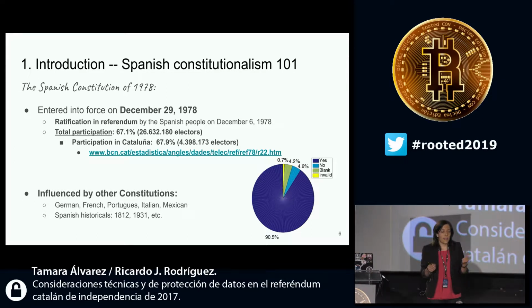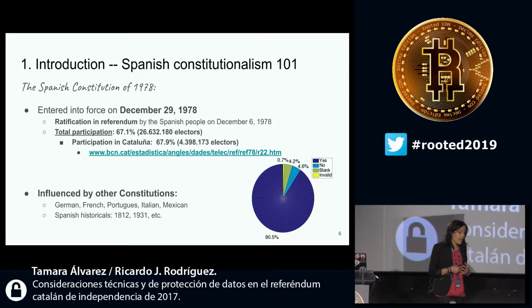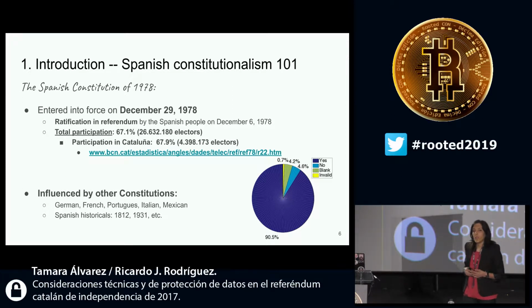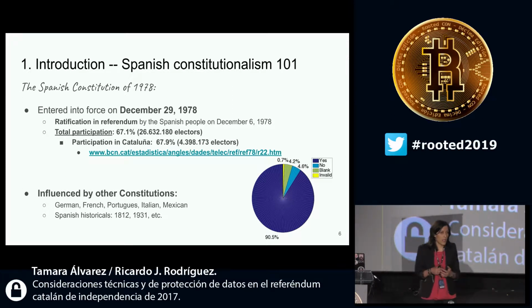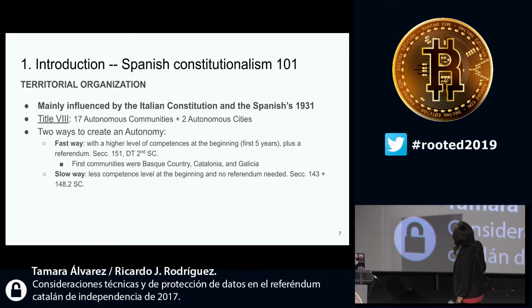And regarding data protection, the Portuguese influence is quite interesting, in Article 18.4. The French constitution also gives us the organic regulation leading to the approval of the statutes of autonomy. Here we have Mexico as well regarding social rights, and Italy with the principle of material equality in Article 9.2 of the Spanish Constitution. However, if we look at the historical tradition of Spain,